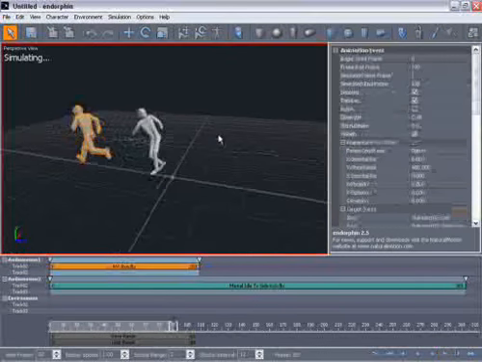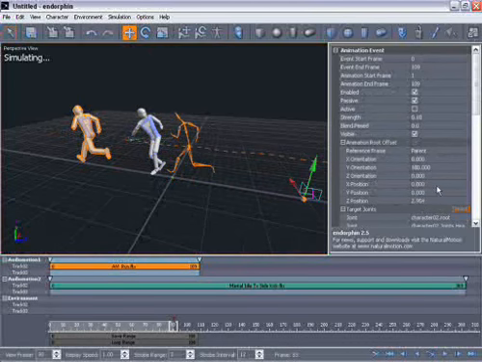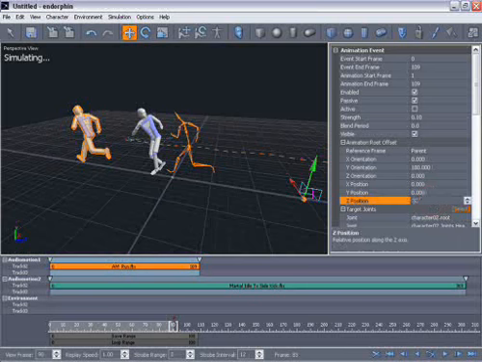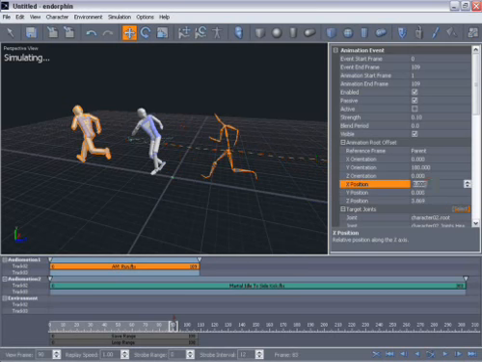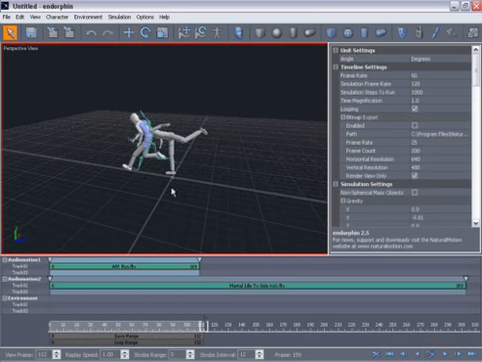So to get him into the right place, I can manually move it in the viewport, or I could indeed modify these numbers in the property editor as well. So I'm going to do that now. For the Z position, I want to put it to 3.869, and for the X position, minus 0.068. So now when I simulate, the character is going to be coming in the right direction and in the right place,